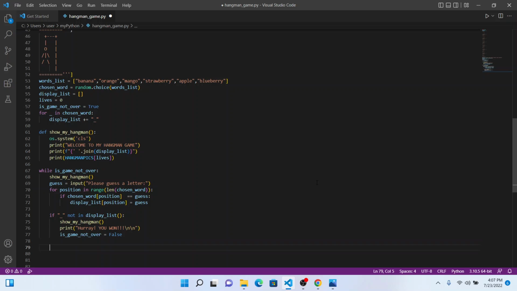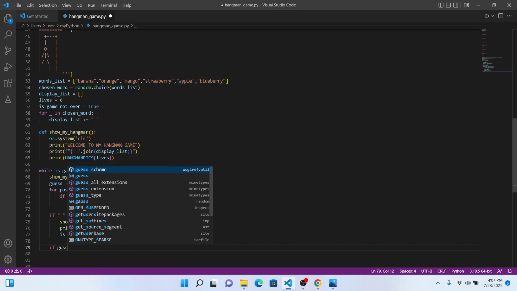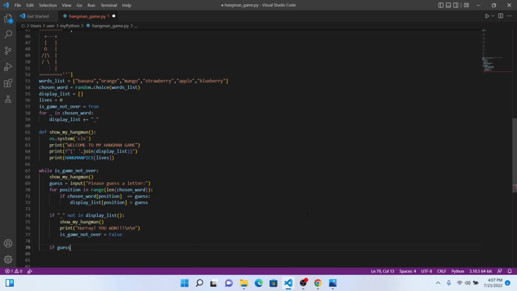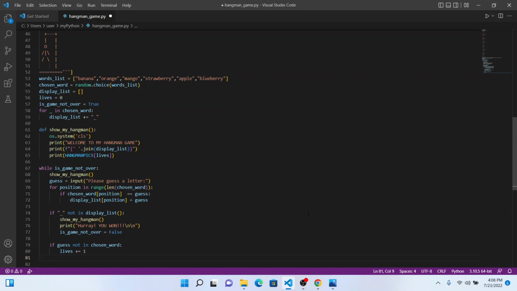Now we have coded this part completely, so we'll go ahead and close this part. What if the chosen guess is not in the word? Then we have to take off a life. So if guess not in chosen word, then we are going to take off a life. Lives plus equal to 1, and